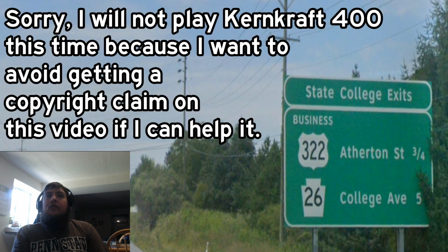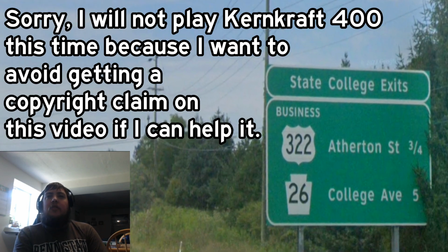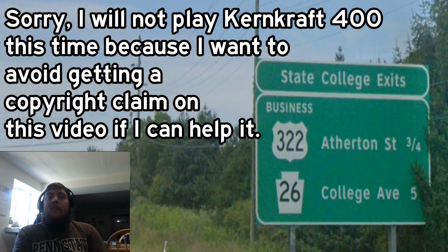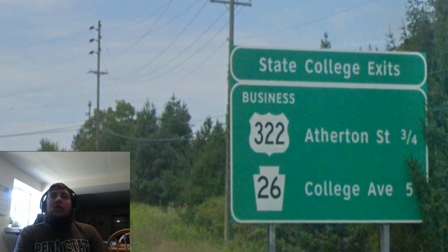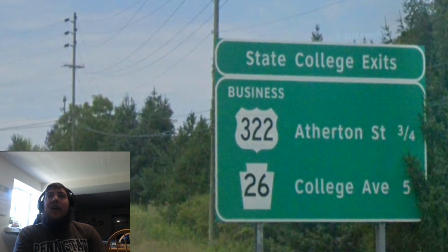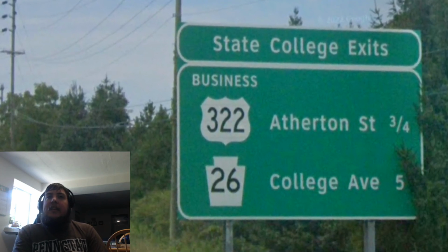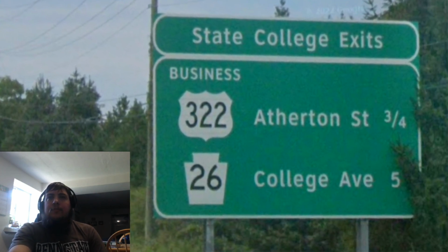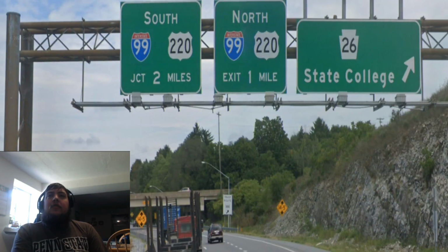And then here, as we start to get closer to State College, we get a list of exits that we can take to get to State College. The first one being Business Route 322, which is Atherton Street, 3/4 of a mile from here, and then 5 miles away is our exit for Pennsylvania 26, which is College Avenue. Here is the Pennsylvania Route 26 exit for State College, and we can see also, if you are a truck and you were